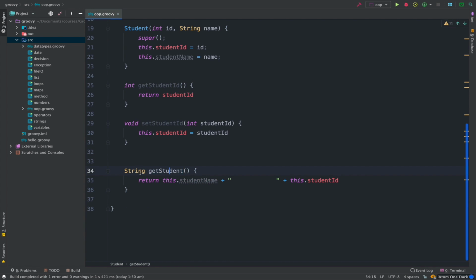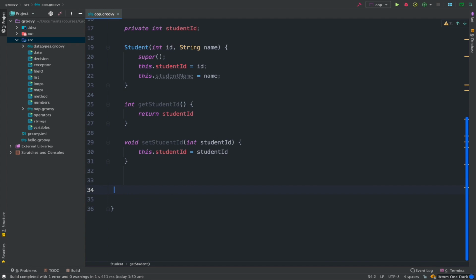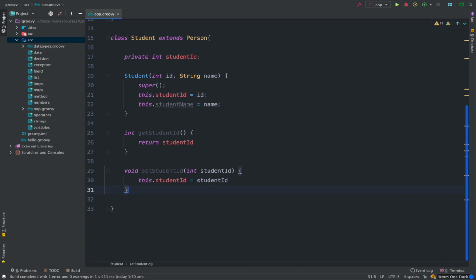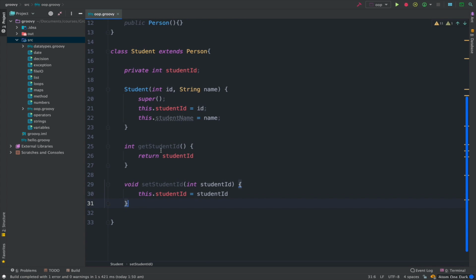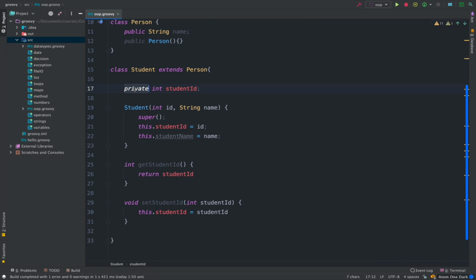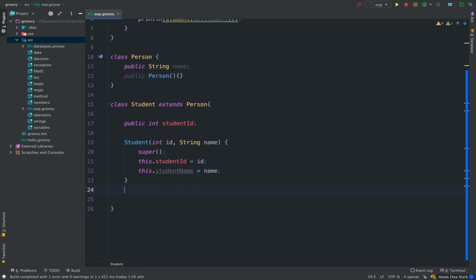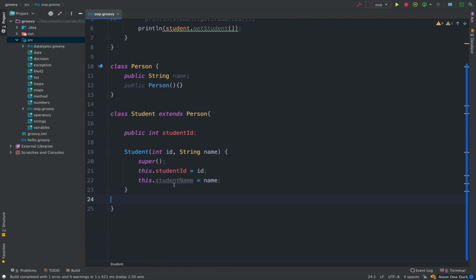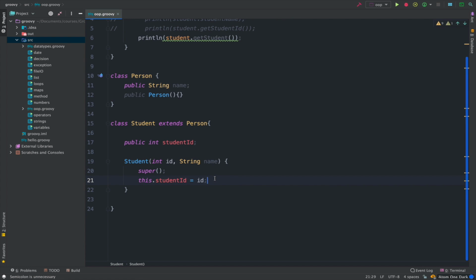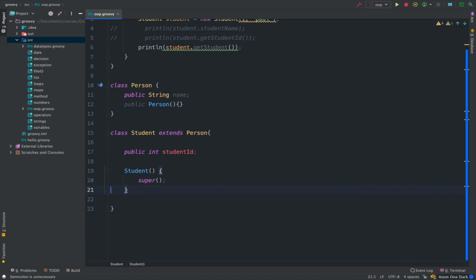And then also here, we don't really need that get student for now. We already demonstrated why we use that. So here we got a student ID and then the setter for student ID. Now this is private. Just for a demonstration, I'm going to make it public, and we're going to get rid of setters and getters. So here we got student name is equal to name. Let's not worry about that. And then we are going to simply get rid of the arguments for our student constructor as well. And let's get rid of this.